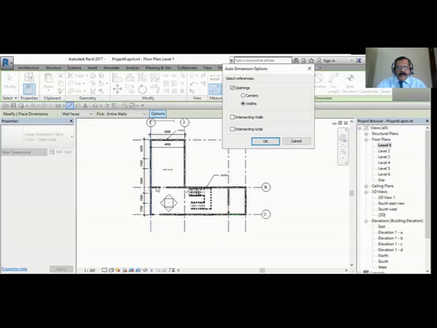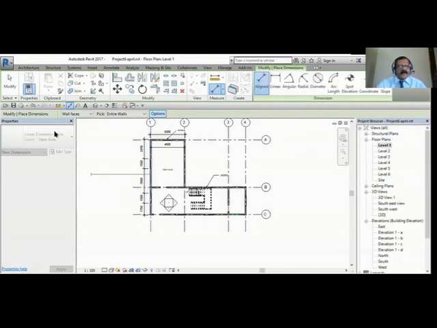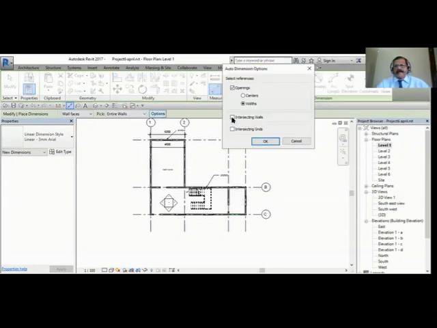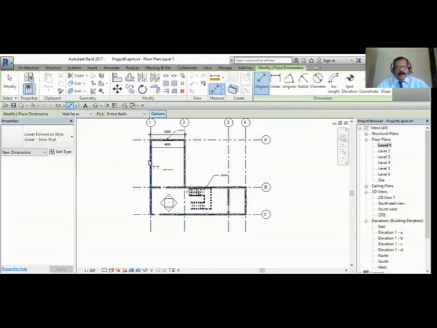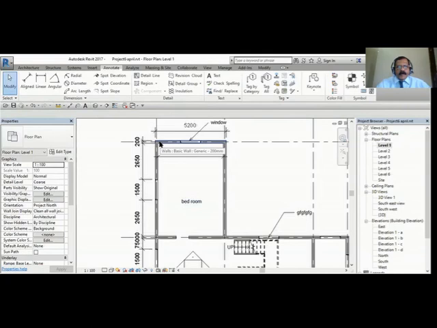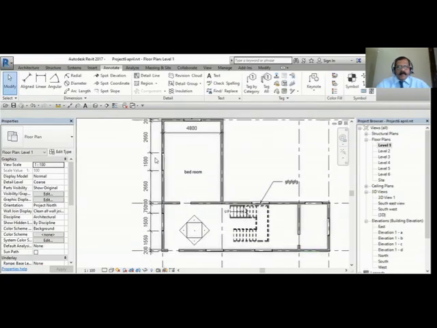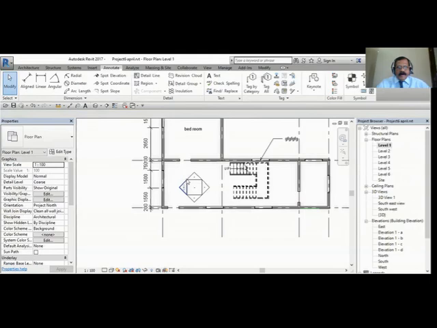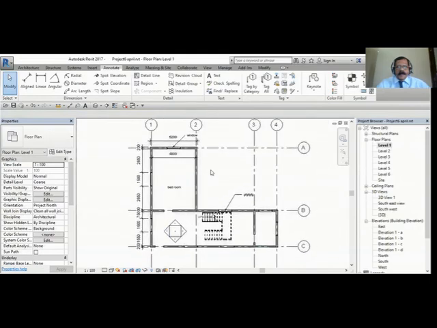Now we want to put marking here also, 200, 200, 200 like that. Then you have to select the intersecting walls. Select that intersecting wall. Wall Faces, Entire Walls, and Intersecting Walls. So you'll put the marking for this intersection also. Click here. See, you can see how it is marking 200 here because you have selected the intersecting wall opening. Sometimes you want it like this. Okay. So this is how you do the dimension and everything.